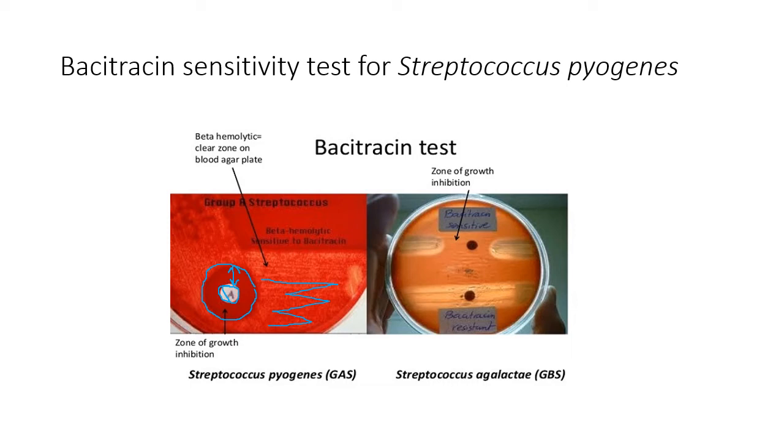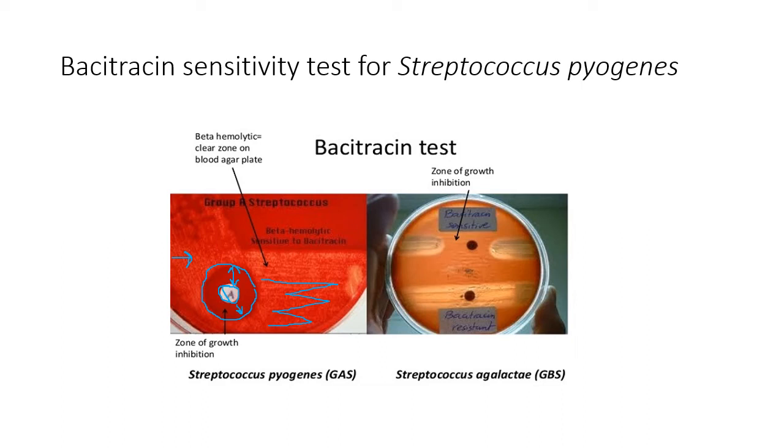So why should this be done this way? Because we are saving time. Ideally, you isolate it on day one. I get the clinical sample, do the Gram stain, and simply plate it on blood agar and put it in the incubator. Next day, if I see pinpoint beta hemolysis, then I will put bacitracin. But that means it will take another 24 hours, so 48 hours in all to identify Strep pyogenes, which is far too long. So what can one do?